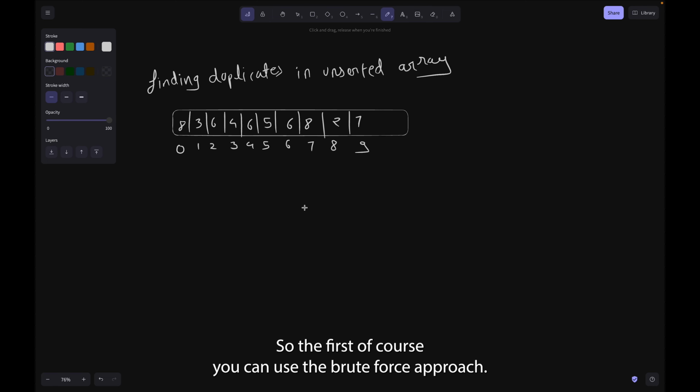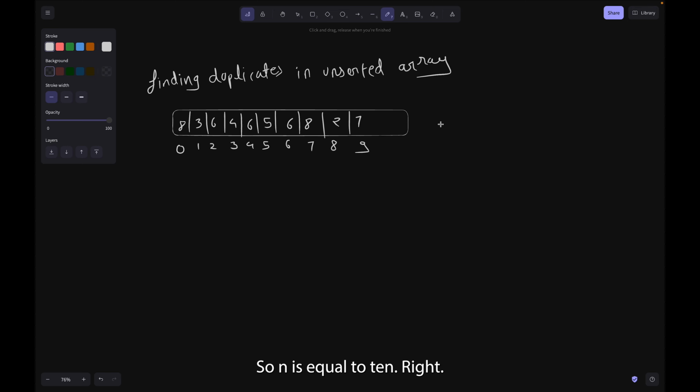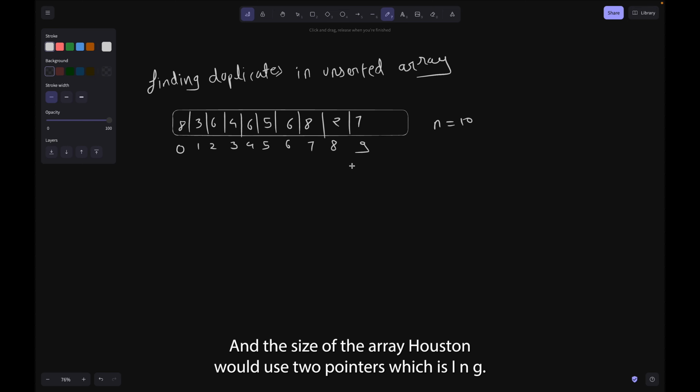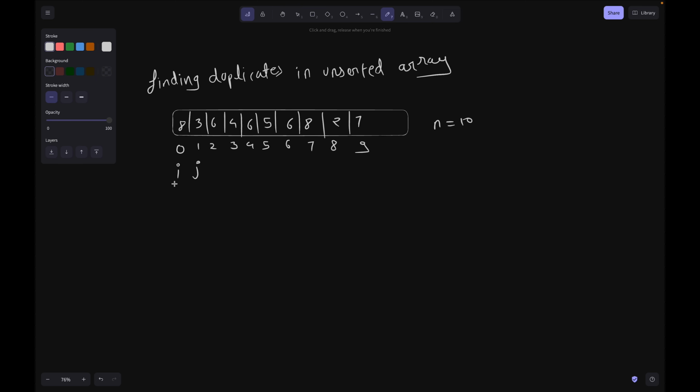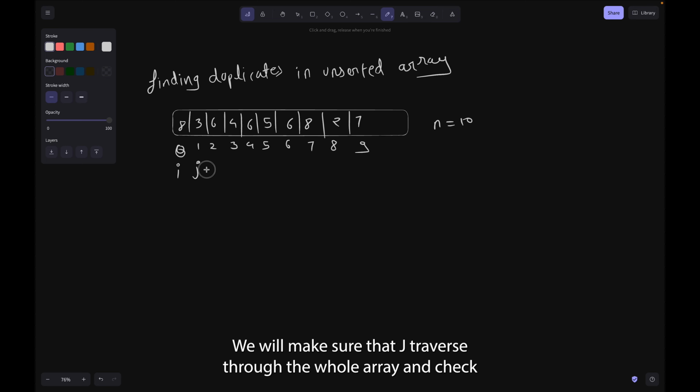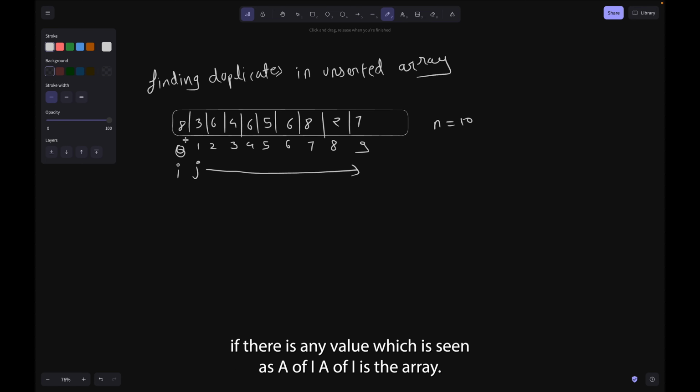So first, of course you can use the brute force approach, but what we will be doing is use 2 pointers. So n is equal to 10, and the size of the array is 10. We'll use 2 pointers, which are i and j. Using the 2 pointer approach, we will have 2 for loops. We'll keep i on the 0th index. We'll make sure that j traverses through the whole array and checks if there is any value which is the same